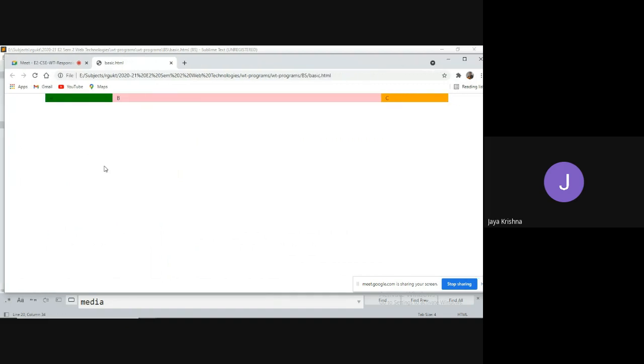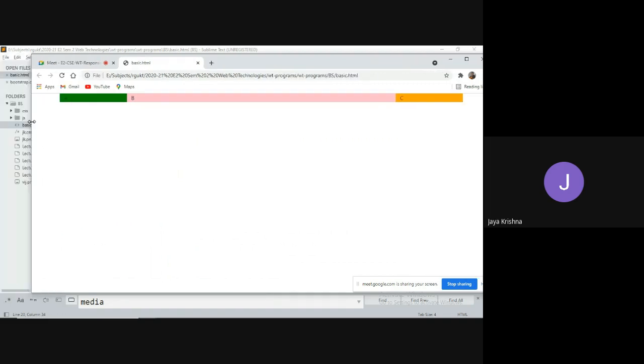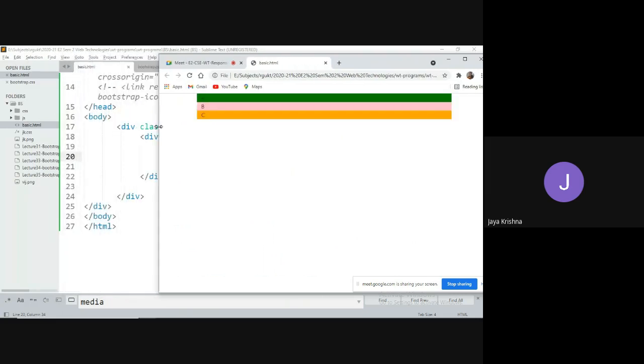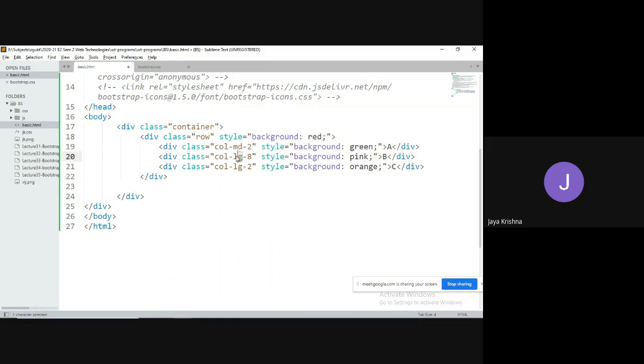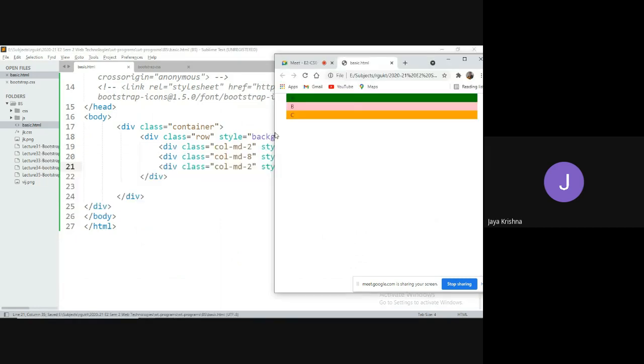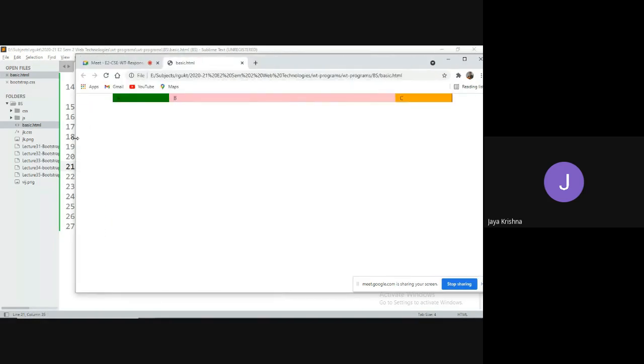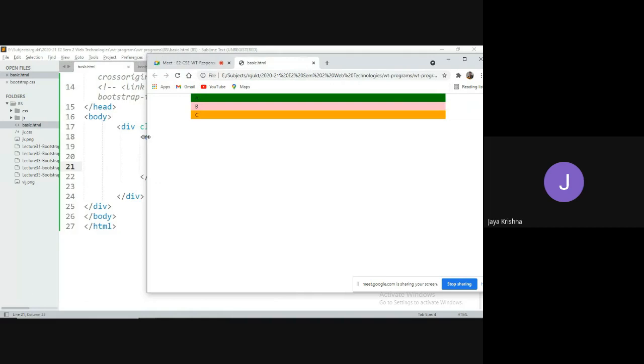So guys, I'm going to refresh here. It is a large screen, right? Now I'm going to minimize. See, for the medium screen, it completely occupies 100% of the width. This is medium. But in the previous case, try to observe, it is medium, and it doesn't come under up to here. So I don't want to refresh yet. After your observation, I will refresh. Observe, this is a kind of large. Now it is medium. So medium comes under up to what point? Here you can observe. Now I am going to refresh.